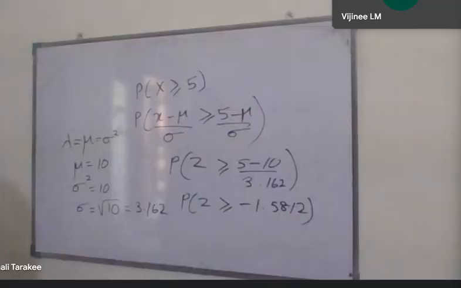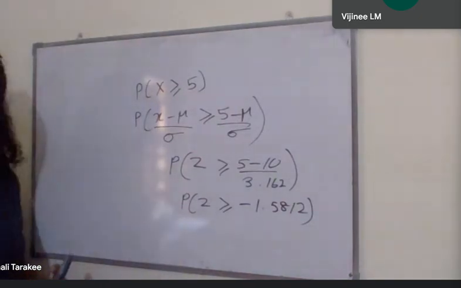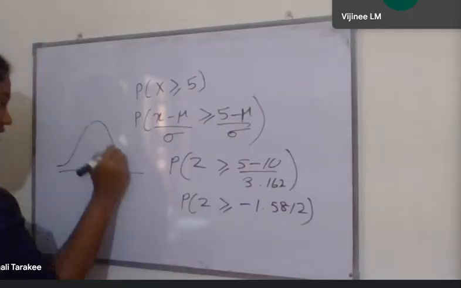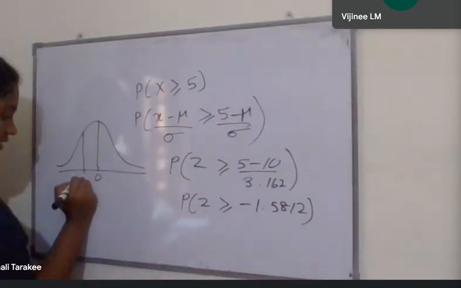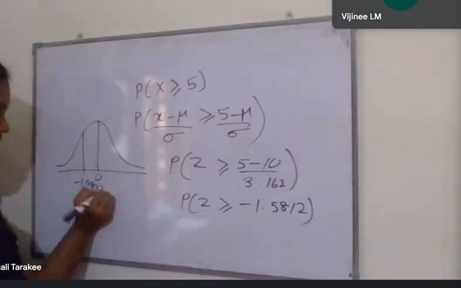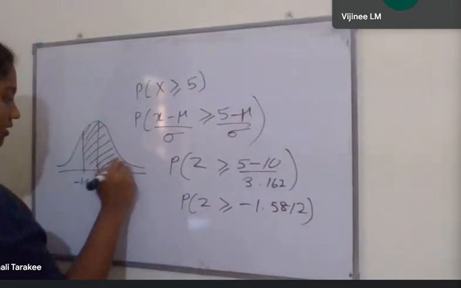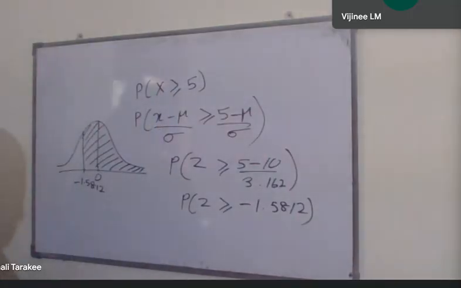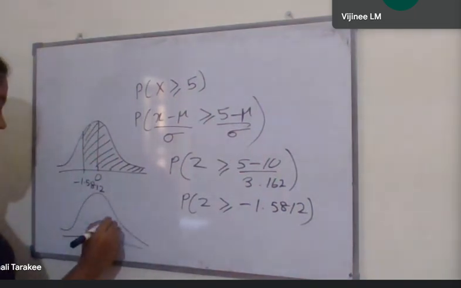Okay. So if we draw this in a bell-shaped graph, here it's 0. Here is minus 1.5812. So it should be greater than, so this part we have to calculate. Now if you have seen the z tables, there are no negative values. So how you get the value for this one is we invert the graph, which is